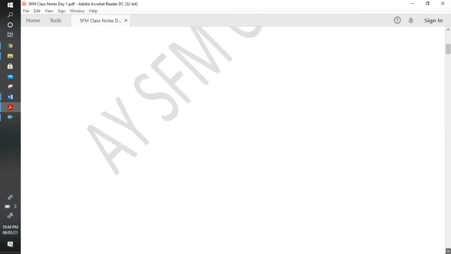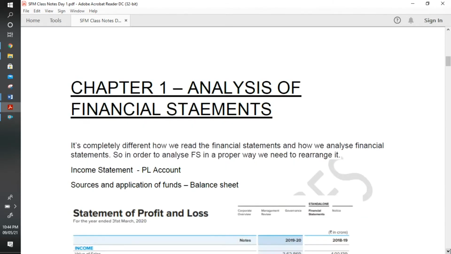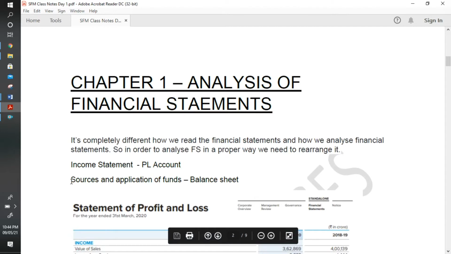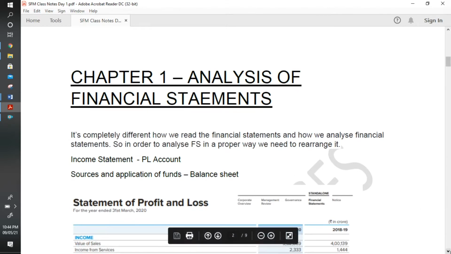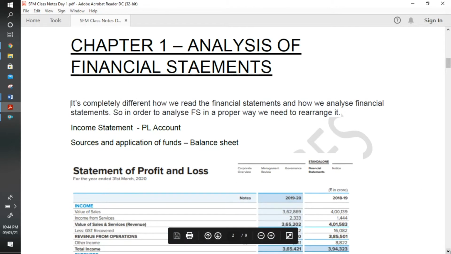There is a huge difference in perspective when it is compared between the basic accountant and the qualified business analyst in looking into financial statements. So, being a finance student, we should have analytical skills in analyzing the financial statements. So, in order to analyze the financial statements in a proper way, we need to rearrange the line items in the financial statements in a format that we require to analyze them. Okay. So basically, the income statement, which is also known as the P&L account,